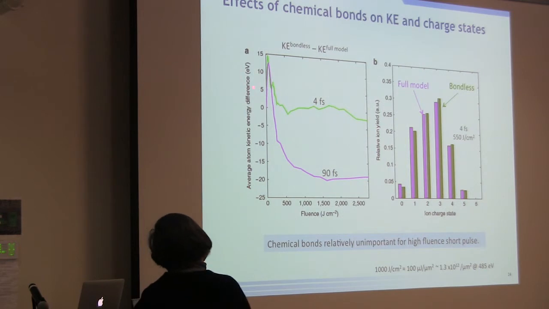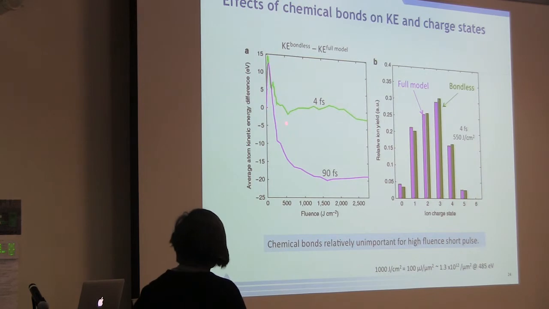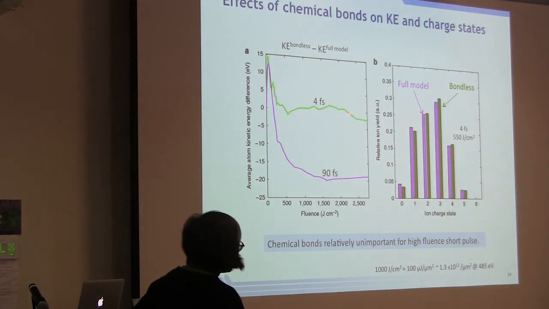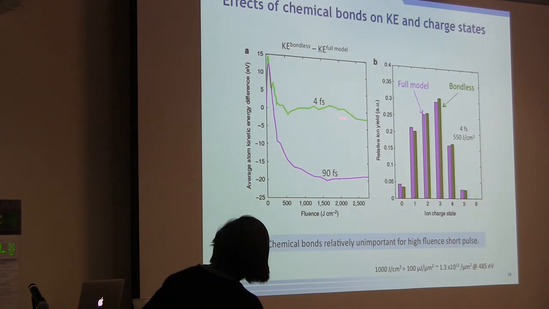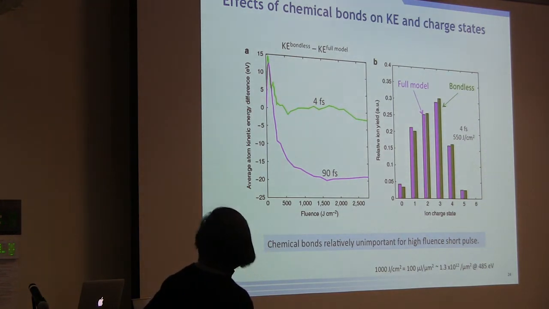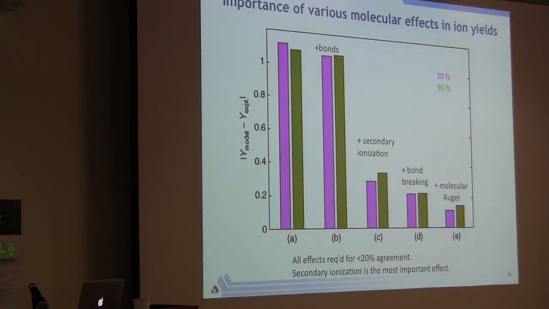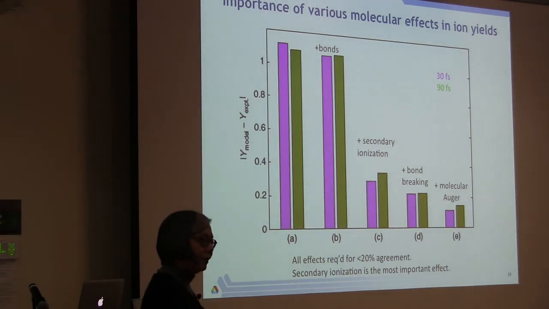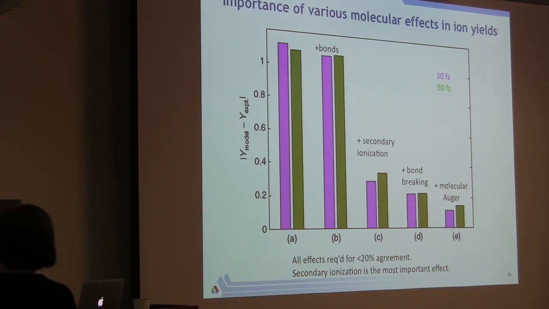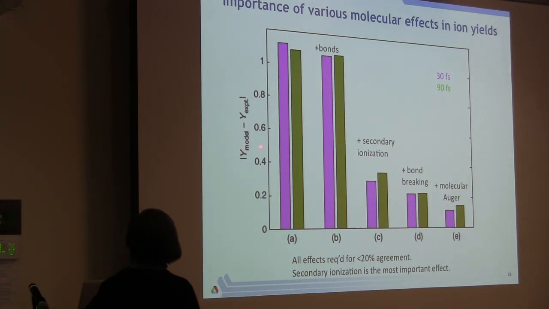So on the left is plotted the average atom kinetic energy difference as a function of the fluence. So you want to look out in this high fluence region. What you can see is it's almost zero difference when you get out into the high fluence. And similarly, the difference for the charge state distributions for the full model versus bonds is small-ish, right? Okay, and then, they're very thorough in their modeling, right? So you have to keep adding. You add one thing, add another thing. So this is what was done. So they took the difference between the model